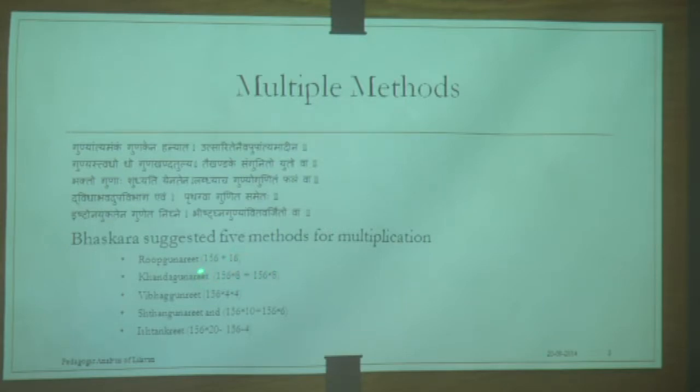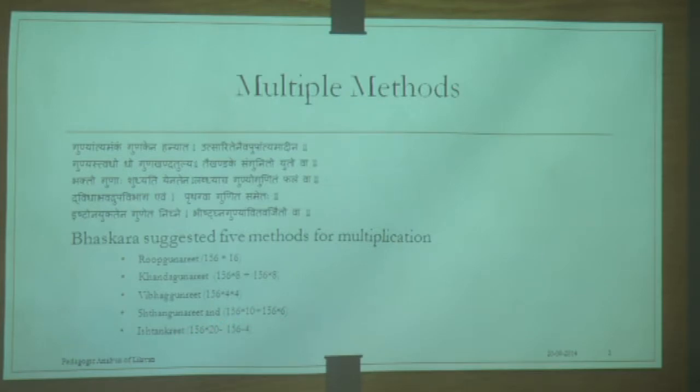Suppose I want to multiply 156 into 16. So I can do this if I know the tables of 16. Or if I don't know that, I can divide 16 into 2 parts. Because I am a little lazy person, I have divided it into 8 and 8. I could have done 9 and 7 also. Or one can also multiply 156 by 4 and then by 4. Or